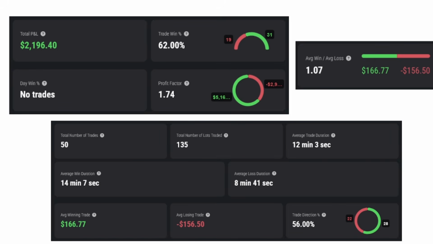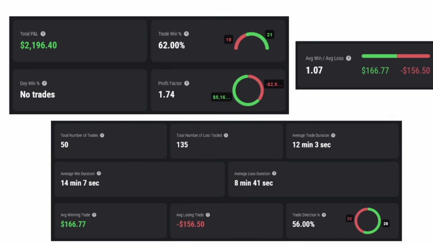The profit factor stands for how much you make for every dollar that you lose. You want this to be positive. If it's not positive, then you are not a profitable trader. The next one, average win compared to the average loss, otherwise known as your risk reward, that should be positive. It doesn't need to be massively positive. You're not going to get 2, 3 RR. That's not all that common. As long as that is over 1 and your win rate is over 55%, you're going to be a profitable trader.